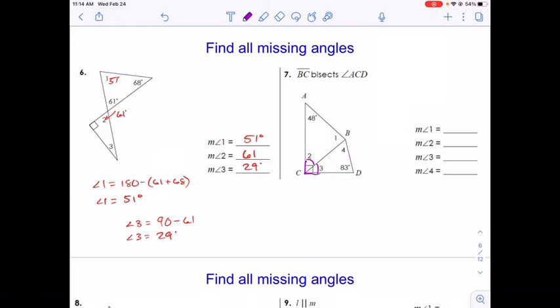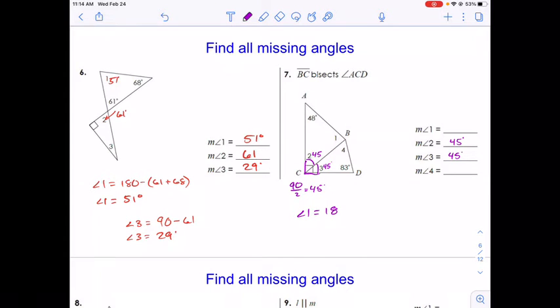Now, if you bisect a right angle, if you take 90 and you divide it by 2, that's 45. So that means that both of these have to be 45. So 45 degrees is going to be our angle 2 and angle 3. So we put 45 here, 45 here. Now all we're missing here is angle 1 and angle 4. So we can find those